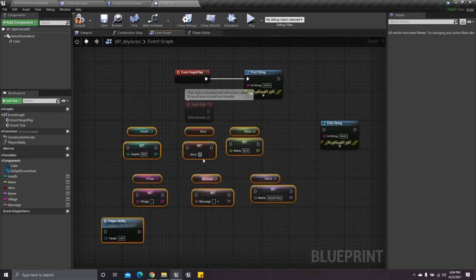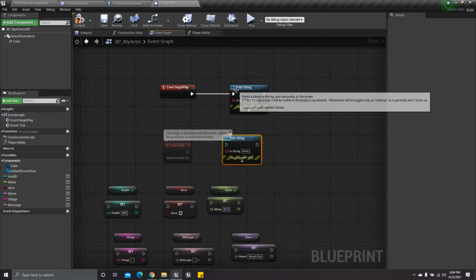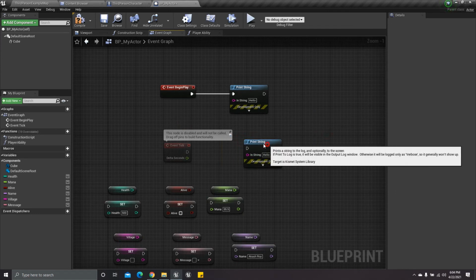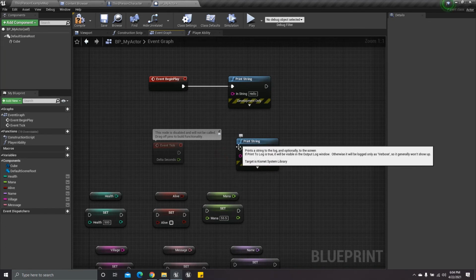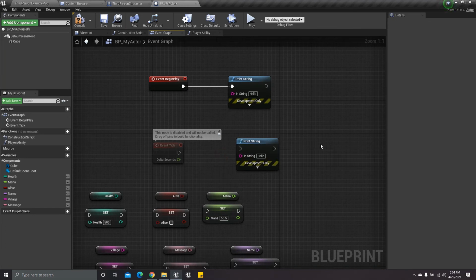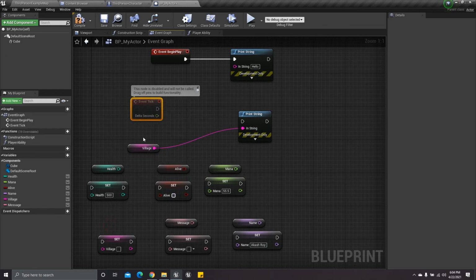I'm going to move it a little down here. You can see Print String is a predefined function, which you can identify using the blue F written over there. F represents a function in Blueprint, and you can see it takes input of the string data type, which is this one. That's very useful to identify with the color coding. You can see which data type is acceptable here.